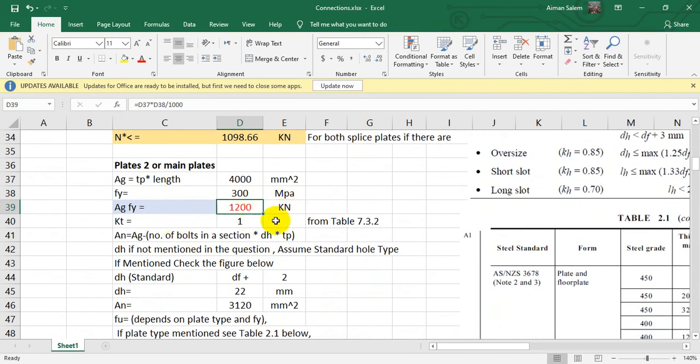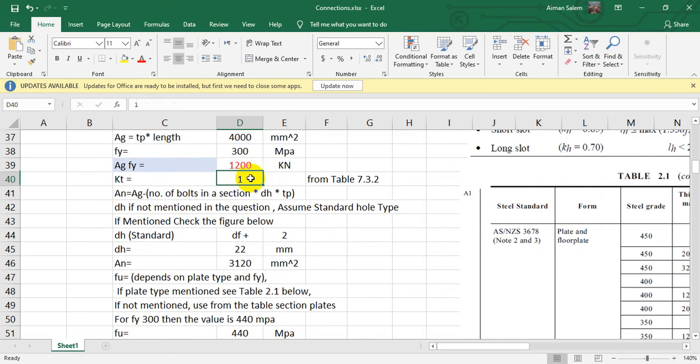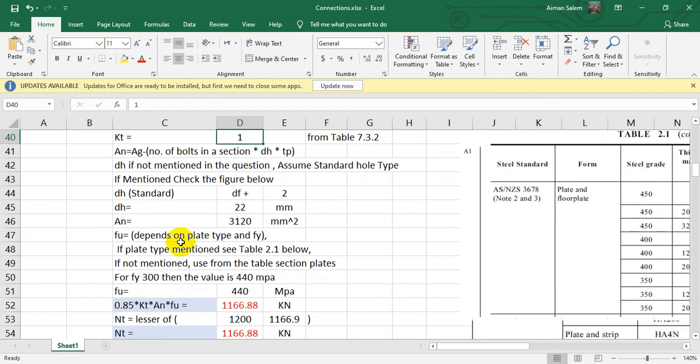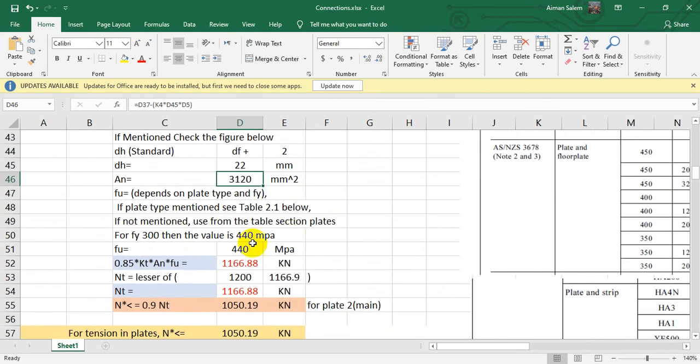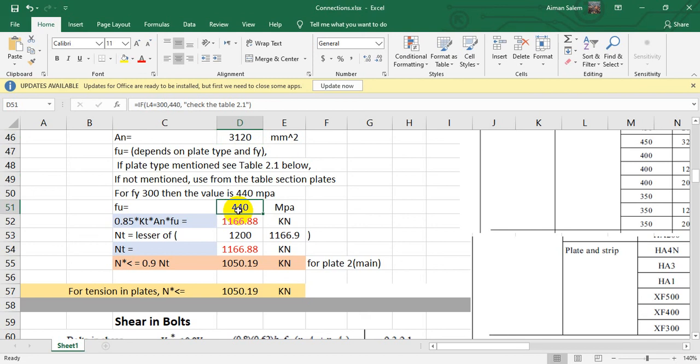The KT is the same from the table, it is 1, and then we get the AN the same way. You get the DF from the standard, the same, because we have the same thing for everything. So you get AN actually equal to 3,120 millimeters squared. And FU is going to be 440 megapascal, and when we apply the under formula, we get